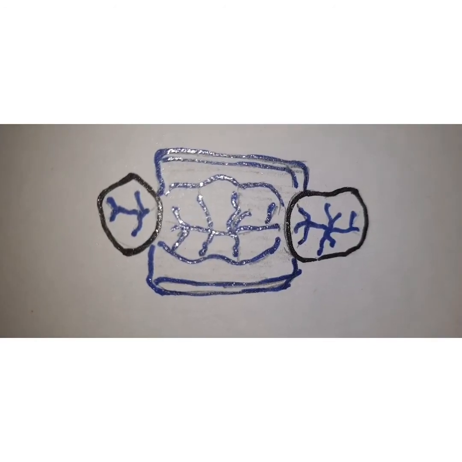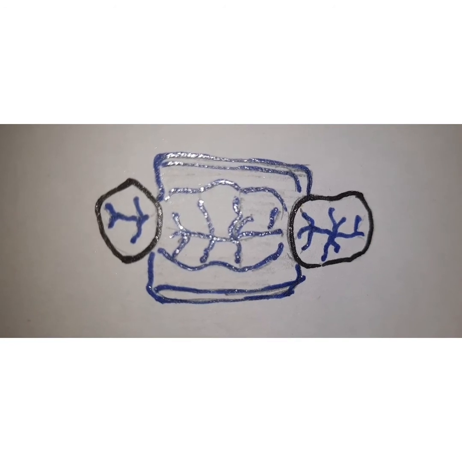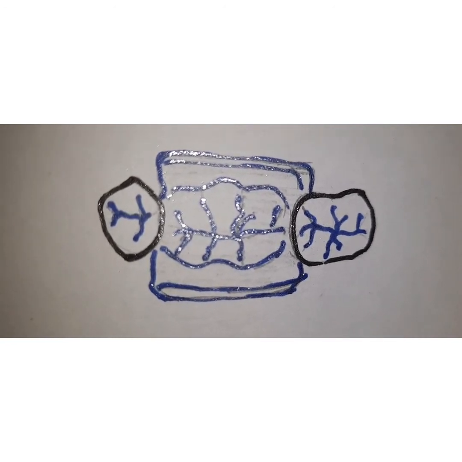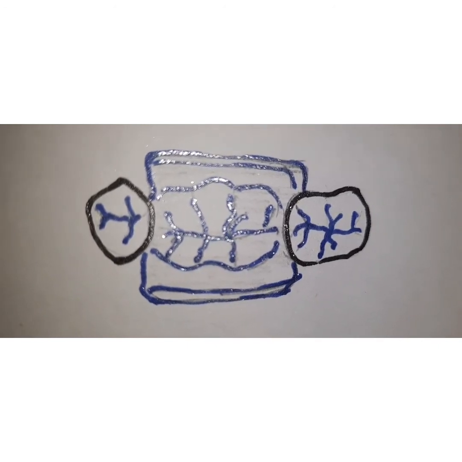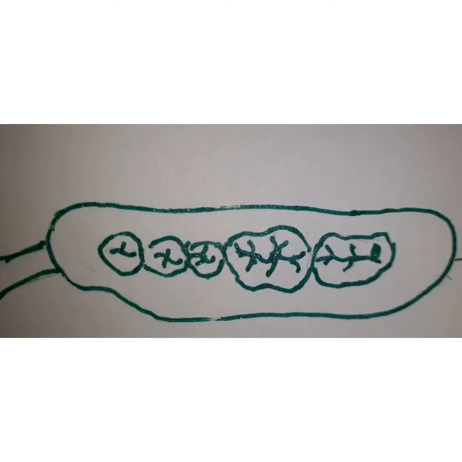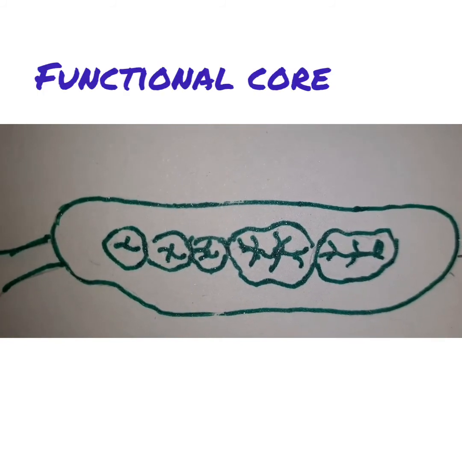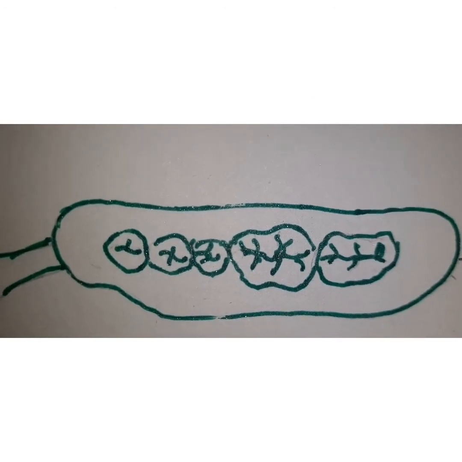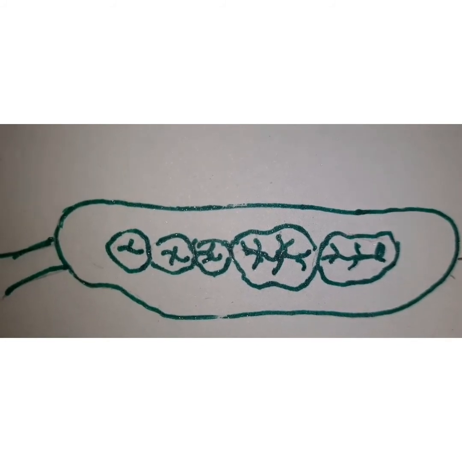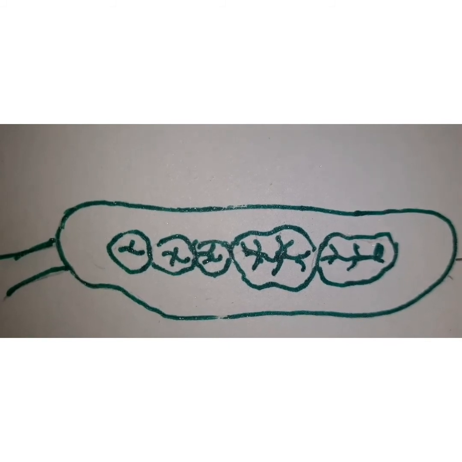So this is what you see on the stone, and after this you are going to apply separating media, and pour this with the stone to get the functional core. So this is how you are going to get the functional core. After this you are going to complete your preparation, because you just did the occlusal reduction and made these records. So you will complete the preparation and make the final impression with the elastomeric impression material.